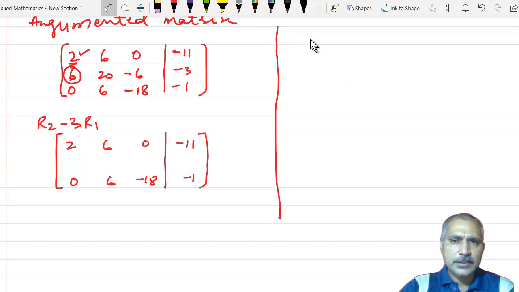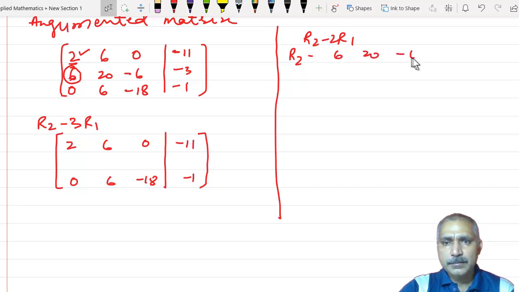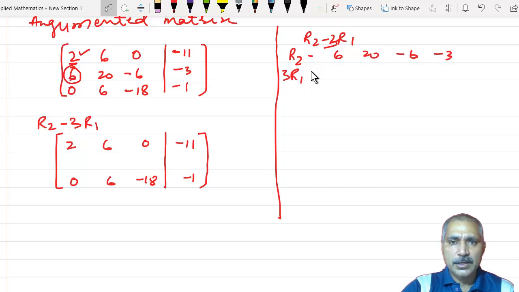Now let us see that operation is R2 minus 3 times of R1. We will be writing the R2 elements. R2 elements are 6, 20, minus 6, minus 3. And it is 3 times of R1. So 3 times of R1 will be